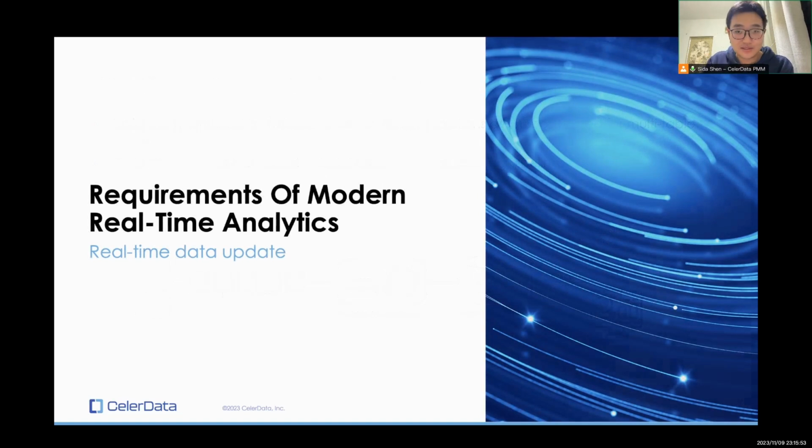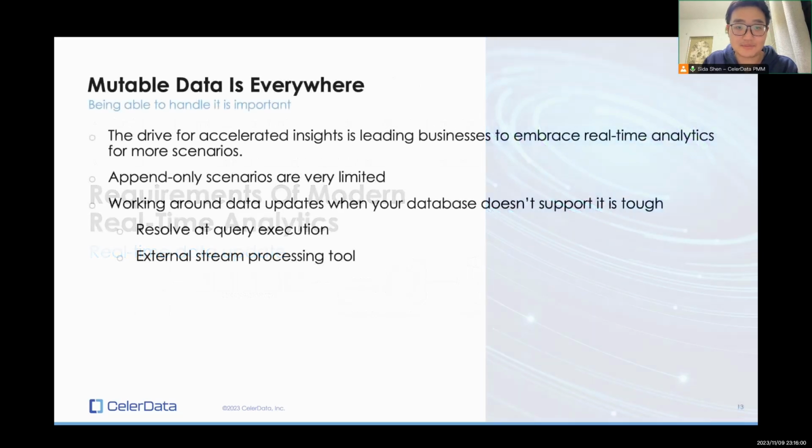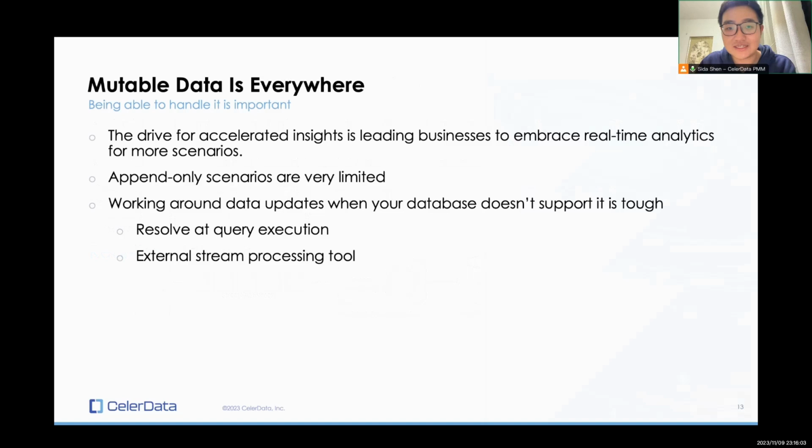And then the next requirement for real-time analytics, I think, is real-time data updates, right? Mutable data is basically everywhere. In the beginning of real-time analytics, people were mostly doing things like monitoring and log analysis, and those are naturally append-only data. But as people explore more scenarios and move them into real time, they see mutable data as one of the biggest bottlenecks, because a lot of the real-time OLAP